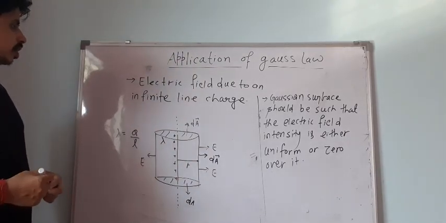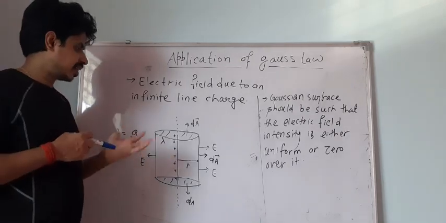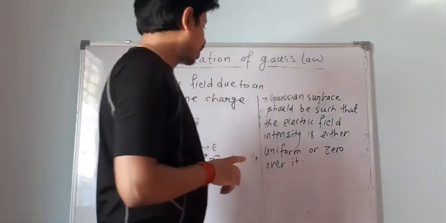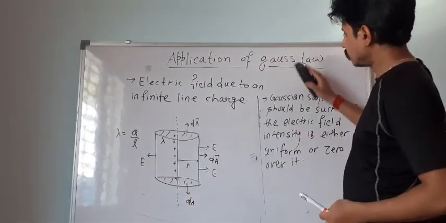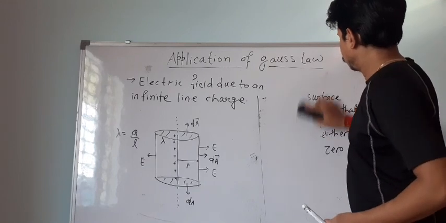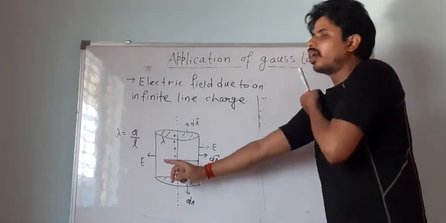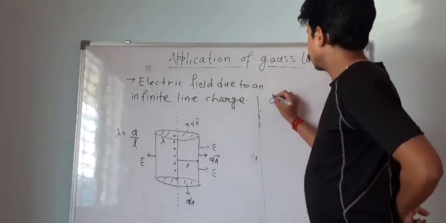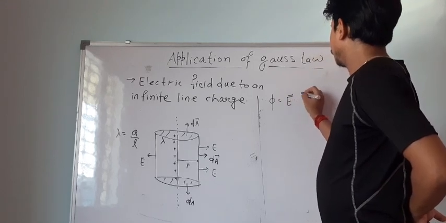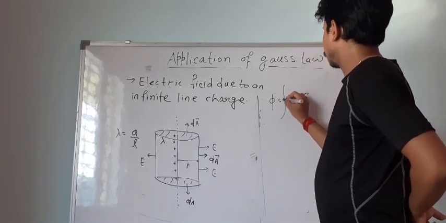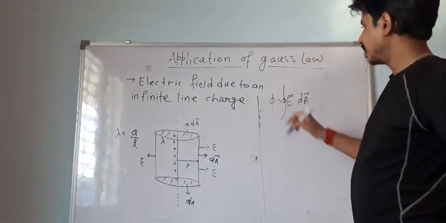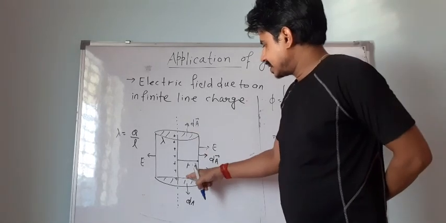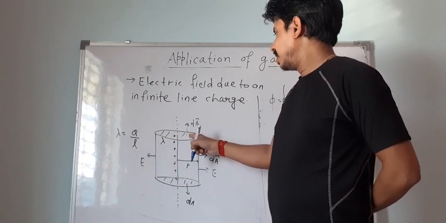So now we can find the flux. So my surface is constructed. Now I will find the flux. If phi is the flux through this closed surface, then we can write phi is equal to the closed surface integral of E dot dA. For these two surfaces it is 0 because the electric field is 0.